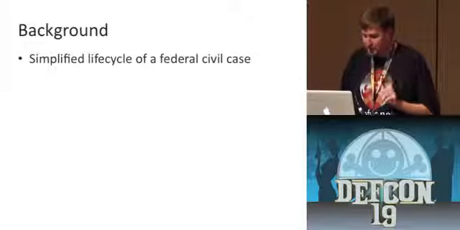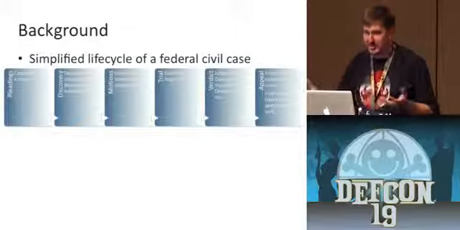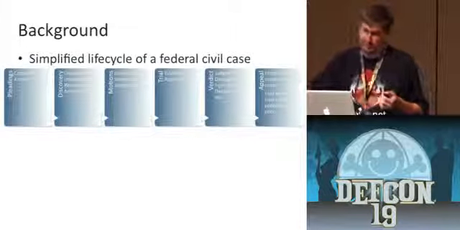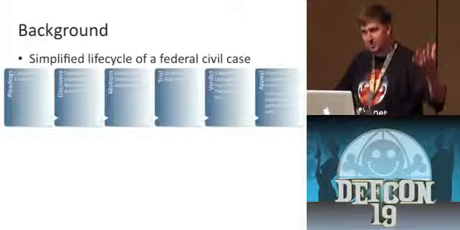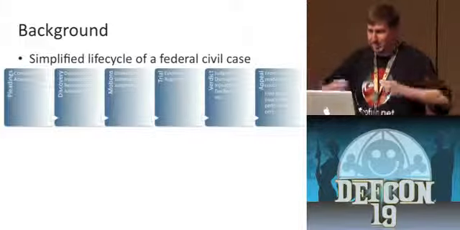So the life cycle of a federal civil case starts off when someone gets mad and wants to sue someone else. So that's called pleadings. Some guy will file a complaint and the other person will have to file an answer to that complaint. So in other words, you wronged me, hell no I didn't. And then the battle is joined.